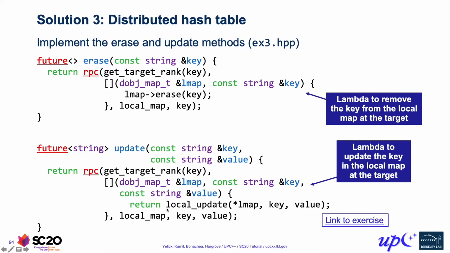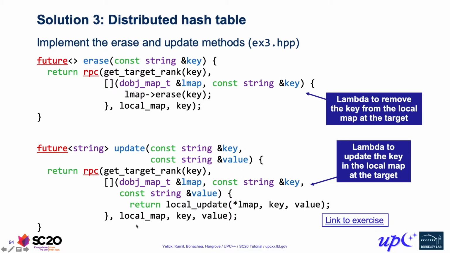The lambda function just invokes the local update function, which abstracts away all the details of updating the value in the actual local map over on the remote. And again, we dereference our distributed object to obtain the actual map object over on the remote side. Once again, we pass the distributed object as the argument to RPC and our key and value. And again, that distributed object gets converted to its universal name. That gets transferred over, and then on the remote end, it gets reconstituted as the distributed object on the remote side.